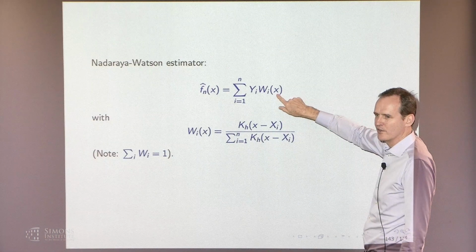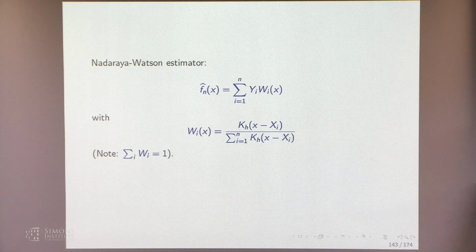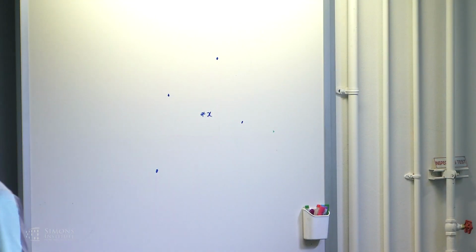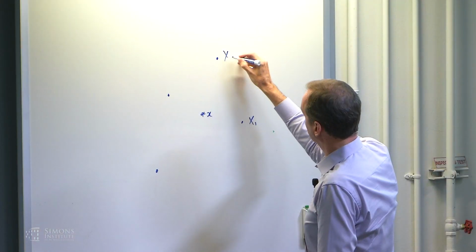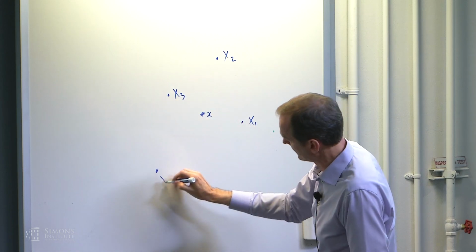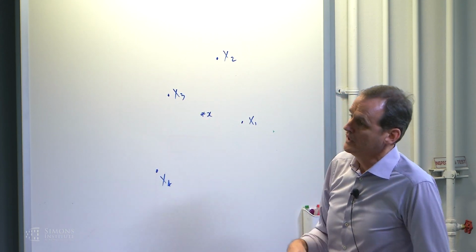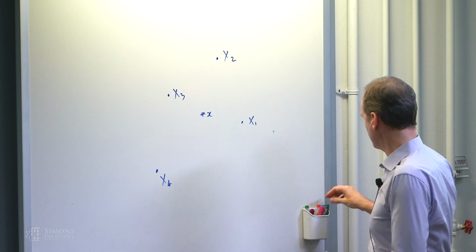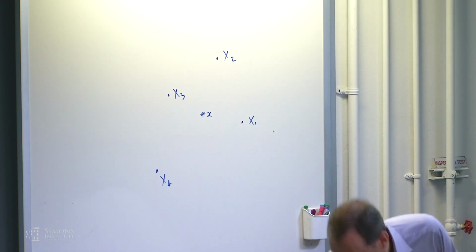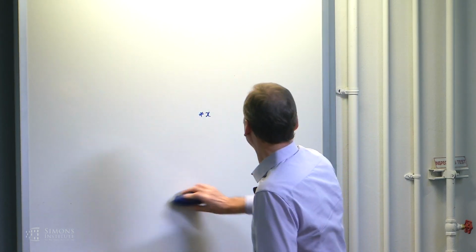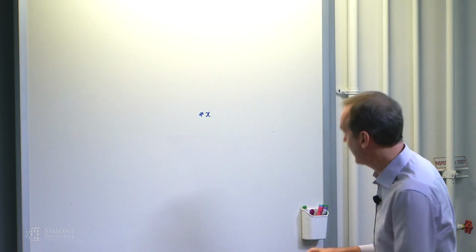The weighting depends on the test point x, so let's put our x in here. It gives us the weight associated with each of the yi's. So here are a few x's. Right, and the weight is we place a kernel around. I should have done this in one dimension. So let's simplify. Right, we place a kernel around